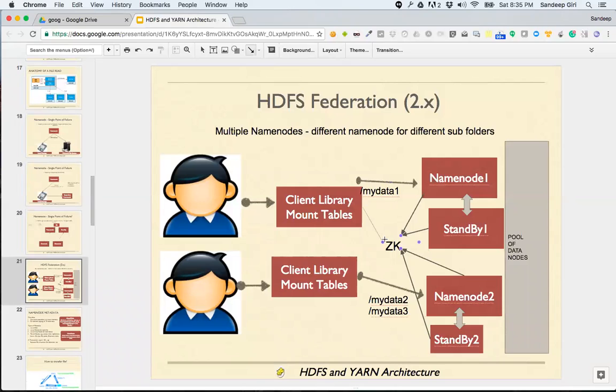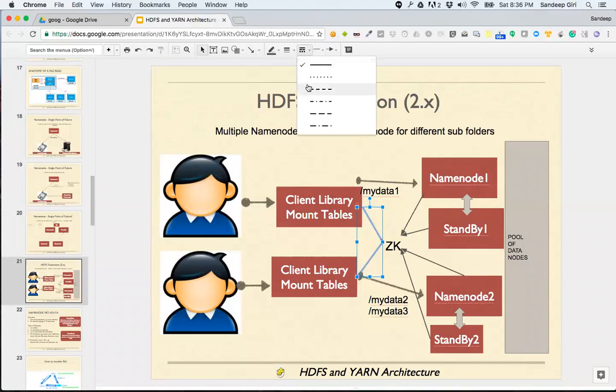And here we go. So the first thing every client library does is try to find the mount tables file, and then once it has found the mount tables, it will go and check Zookeeper about the name node. All right, so you can see that for everybody, Zookeeper is kind of a centralized agent.